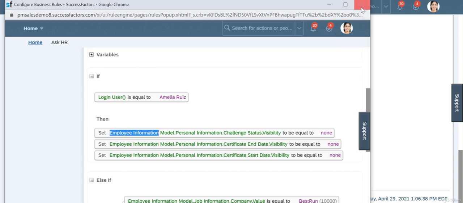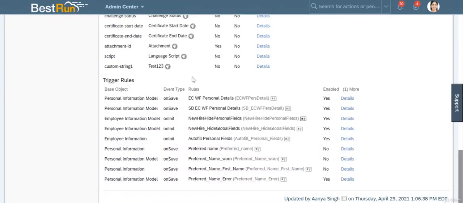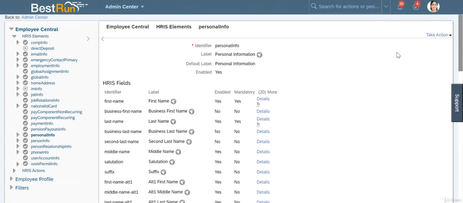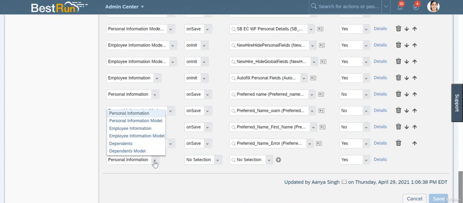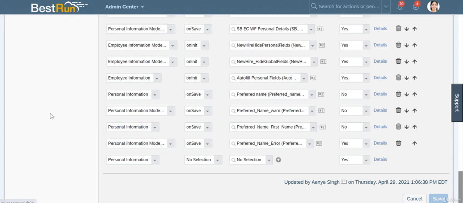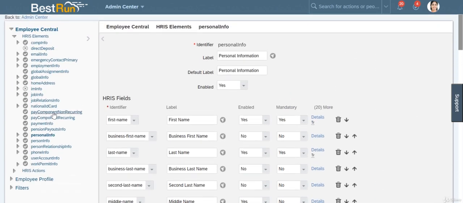So I will come to that when we will be doing the new hire. When you add a new hire, if you want to introduce a rule, you will always choose employee information. If you go to manage business configuration, take action, make correction, you can see everywhere this employee information is always added, employee information and employee information model, and then personal information and personal information model. Similarly, if you go to compensation information,